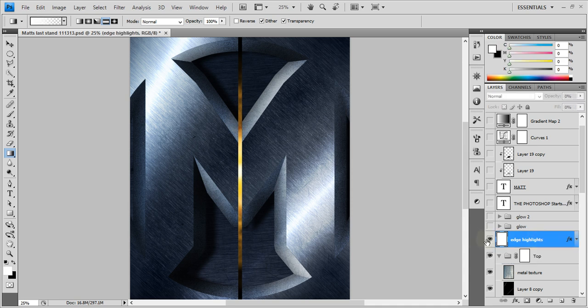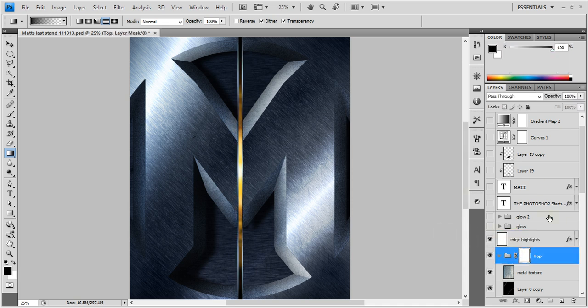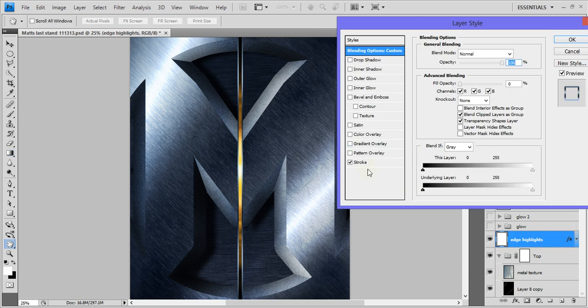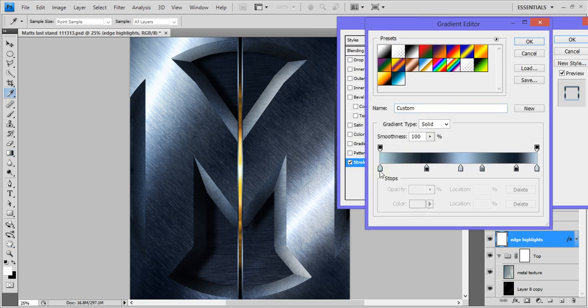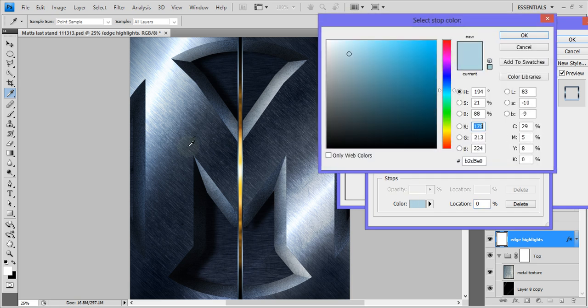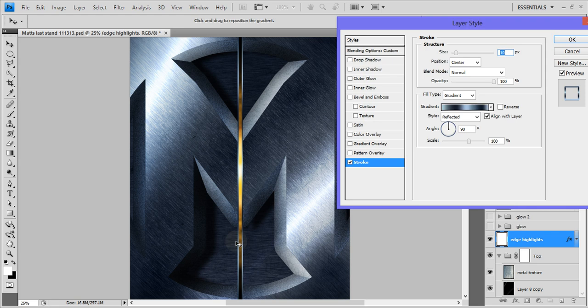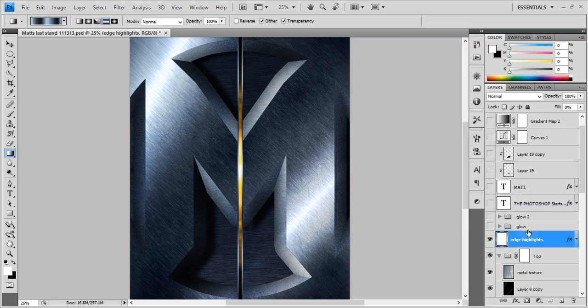And then I came in and just added the edge highlights, which was just a copy of the mask, and then I just did a stroke with a gradient here with the blue hues. I literally came in and had a predetermined gradient and just picked blues from the image itself to kind of match and give it, like, a bevel. So there's the edge highlights. The glows